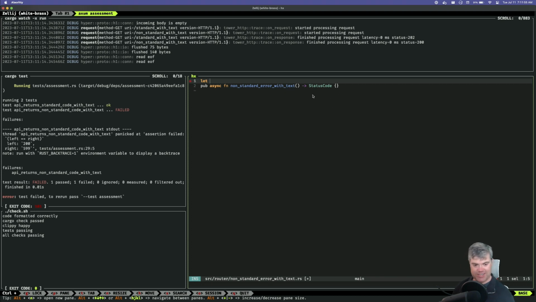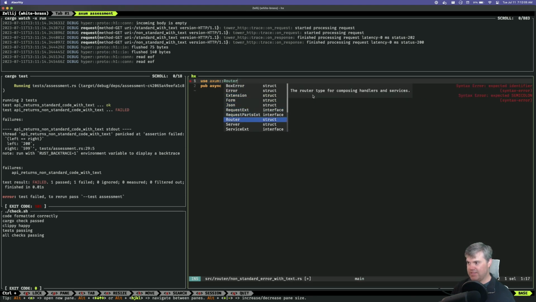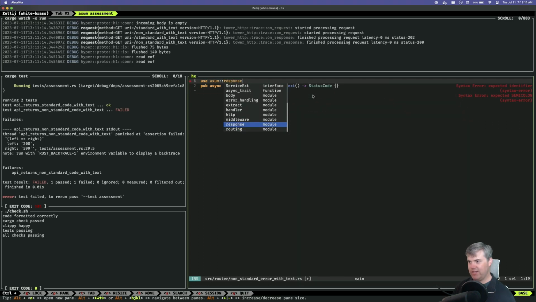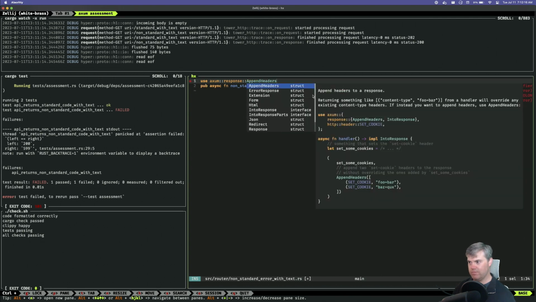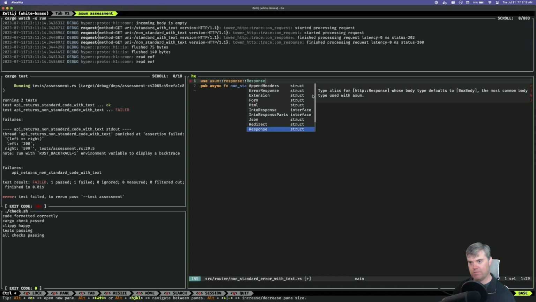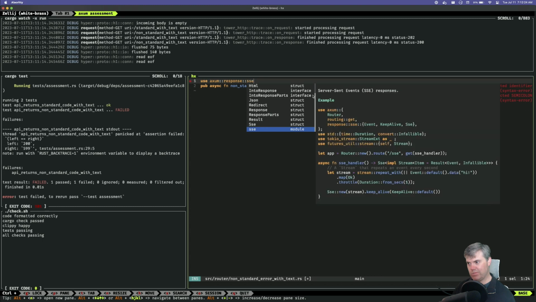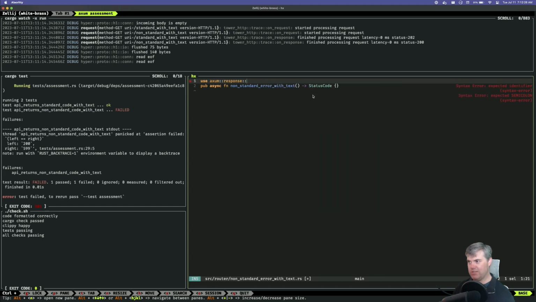I don't know where it's searching. It's searching all the wrong places. Where is it? It's in the response, right? Okay, so it's not in response. Oh, it's in HTTP, isn't it? HTTP status code. There we go.